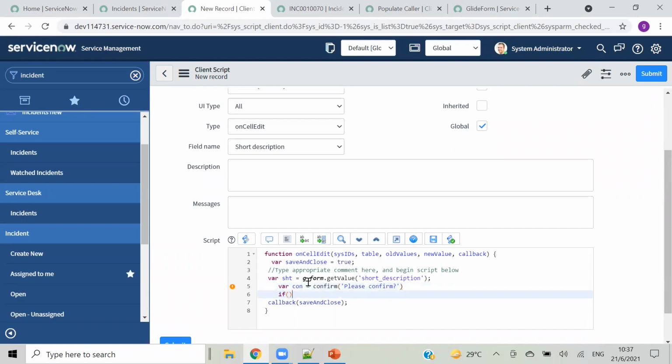And if this con is equal to true, then return true, else false. Same like we have done for on submit.